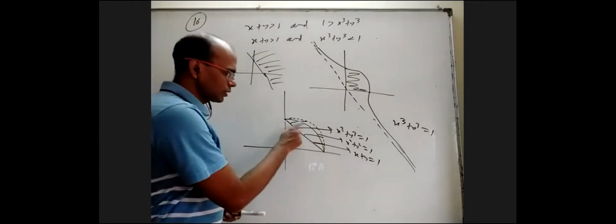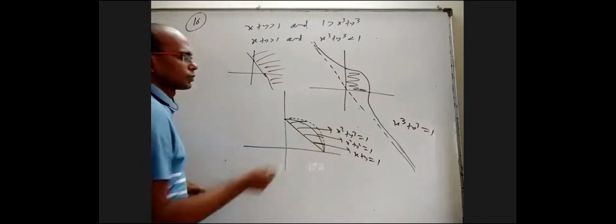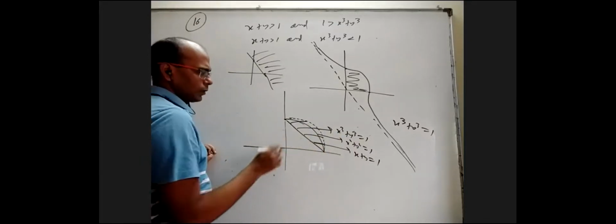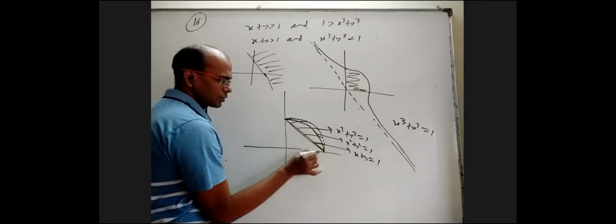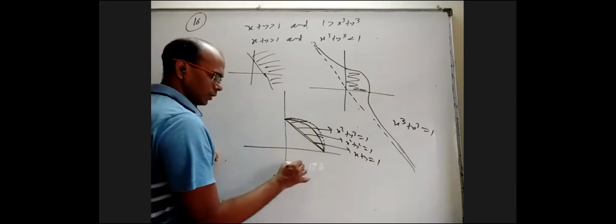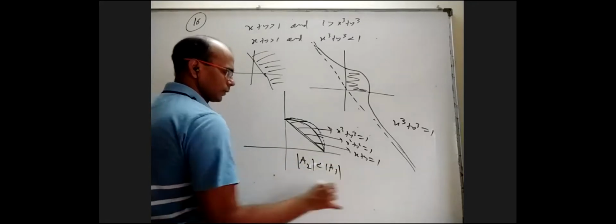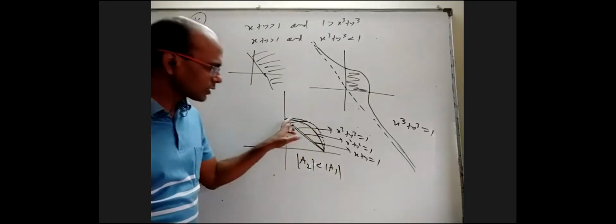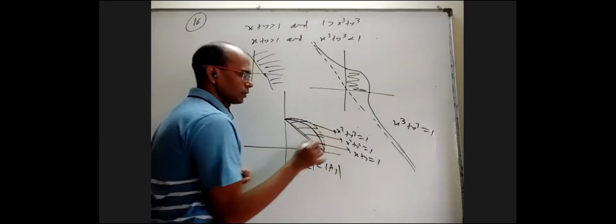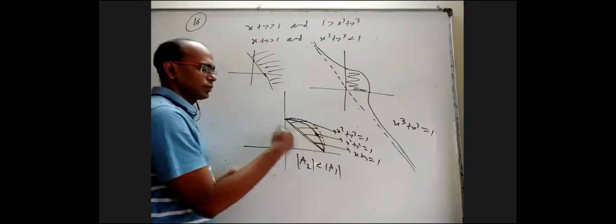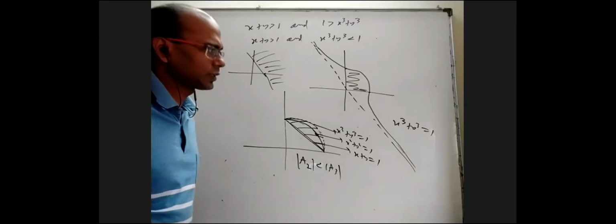While finding A2, remember it is this circle, and x cube plus y cube equal to 1 is a little outside of that. So right from here you can tell, only this region is A2, but A3 is this region. So obviously the modulus of A2 is less than the modulus of A3. I'm not writing anything much. You have to understand this is for x cube plus y cube equal to 1, and this is x square plus y square equal to 1. Because that is a little outward, it has more area. It's not necessary to find it and compare it.